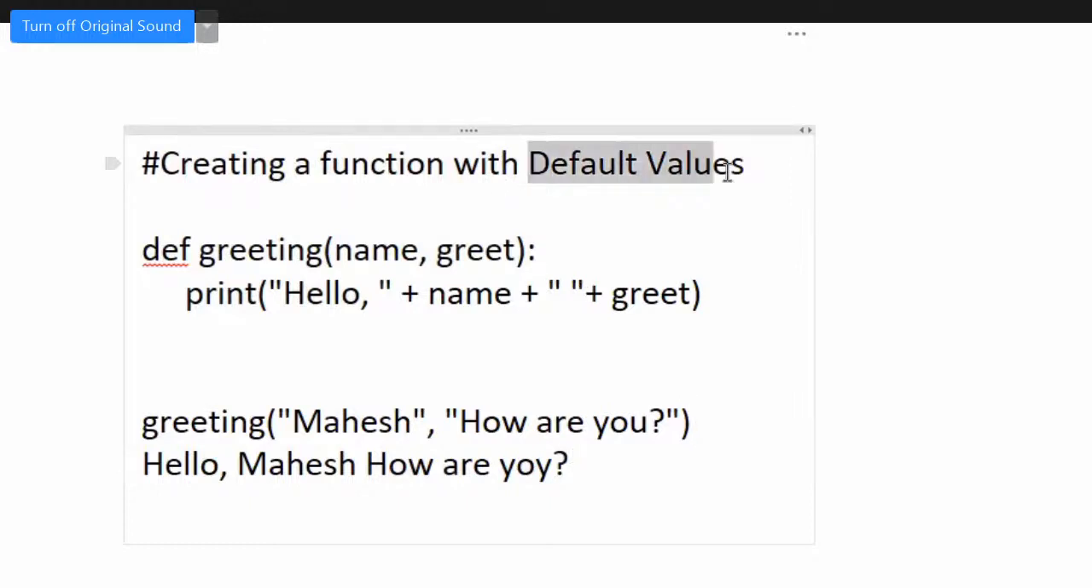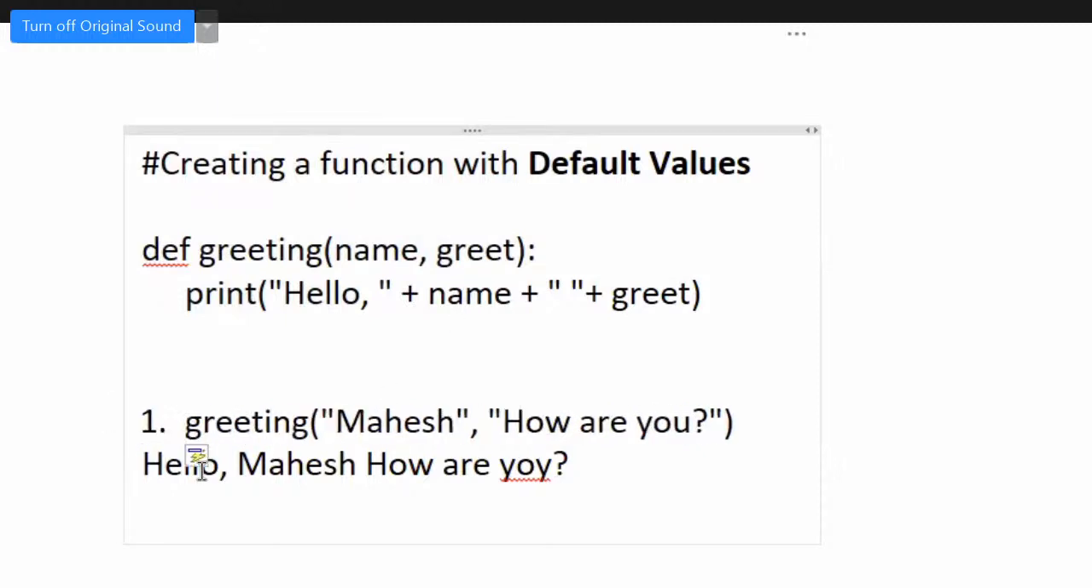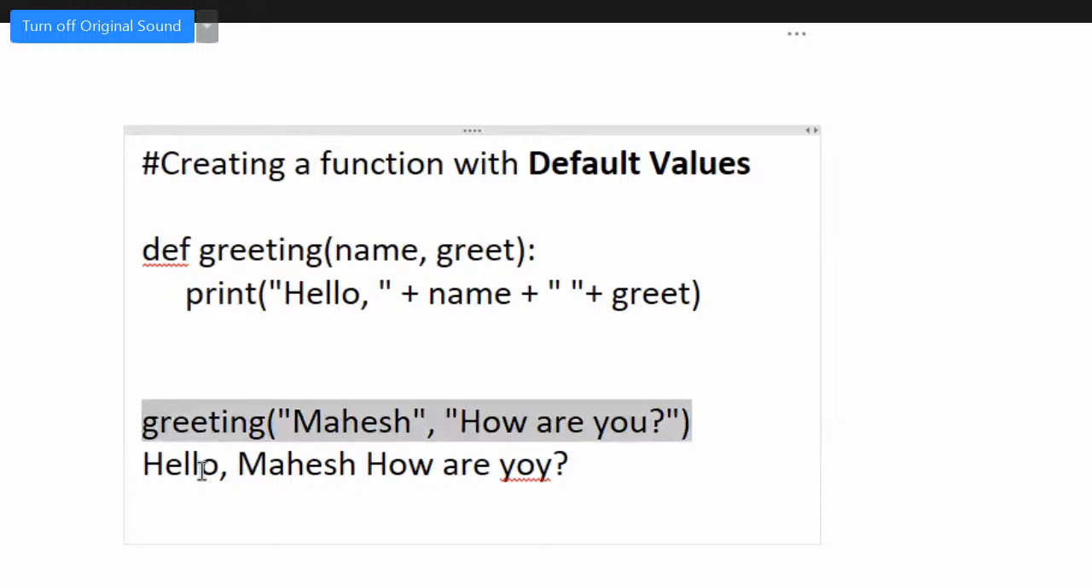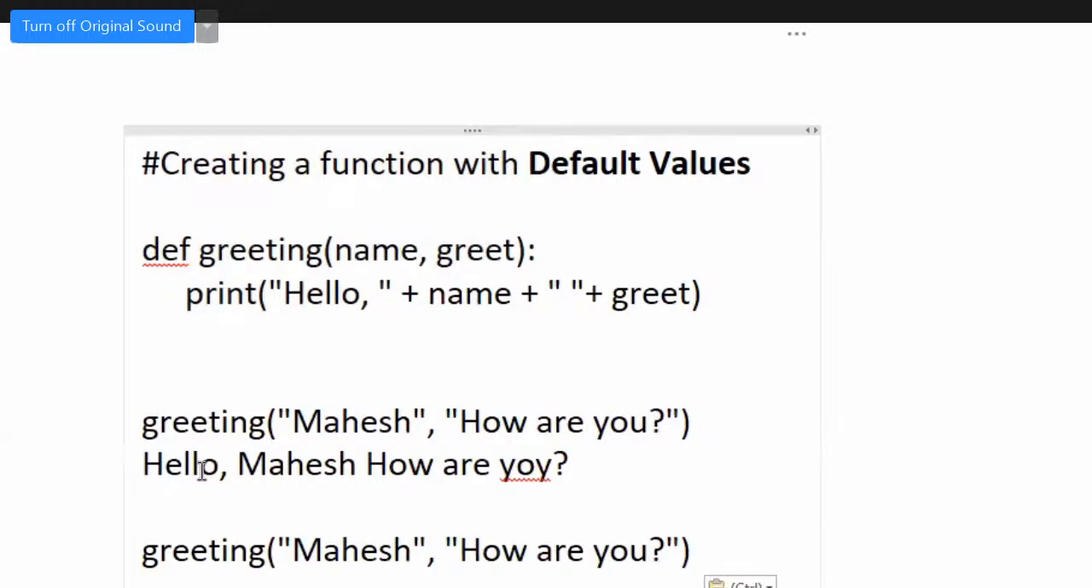What are default values? Let me say, this is not an example for default value. The example for the default value is, right now, this is the first method. Now we shall try the second method here. What is the second method? In the second method, I am going to give